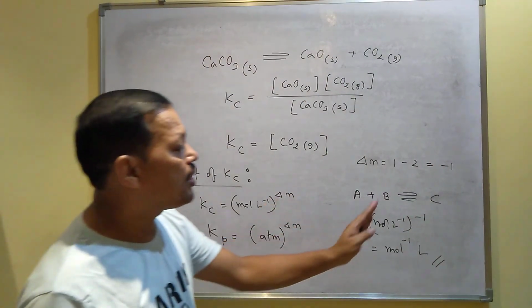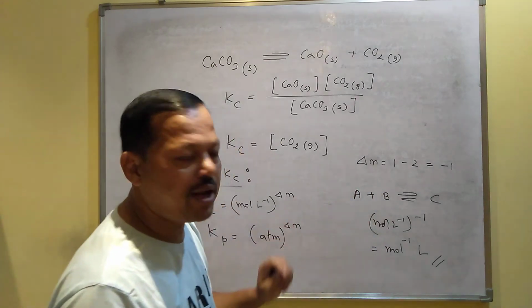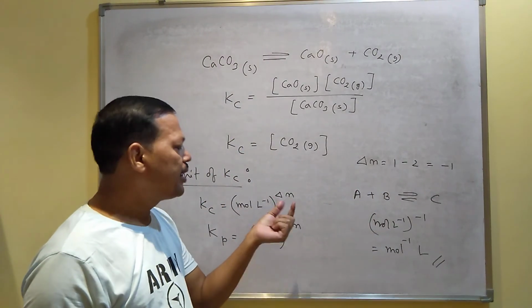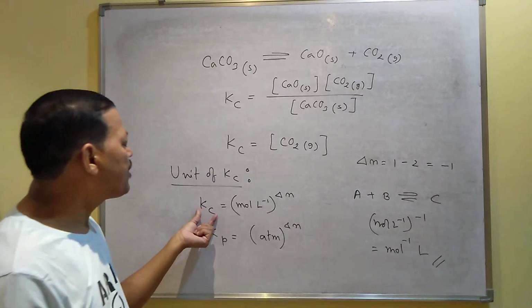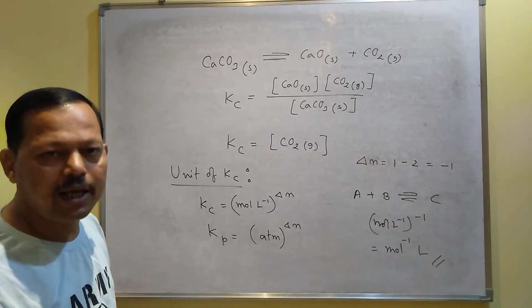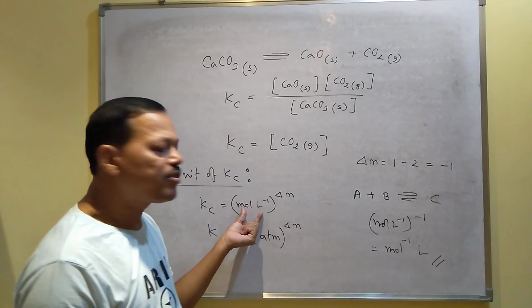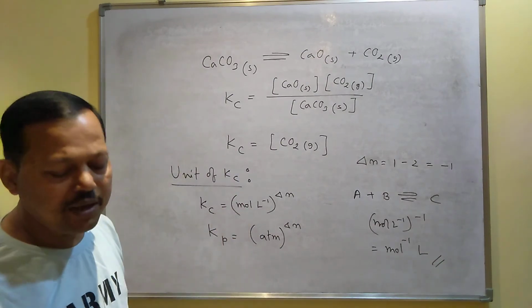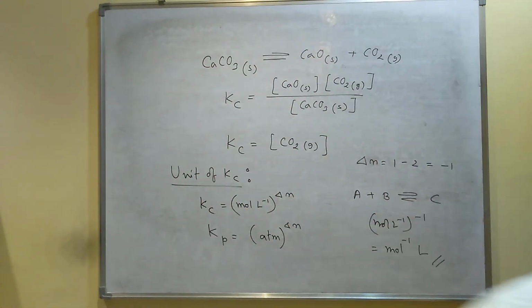So depending on the number of moles of product and number of moles of reactant, you will get the value of delta n, and depending on the delta n value you can find out the unit of Kc and Kp. If it is Kc, then you apply the concentration unit mole per liter, and if it is Kp, then you apply the pressure unit atmosphere or Pascal. So if a reaction is given to you, directly from the reaction you can say what will be the unit of Kc or Kp for that particular reaction, based on the value of delta n, I mean the number of moles of product and number of moles of reactant.